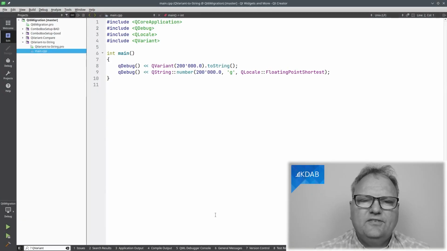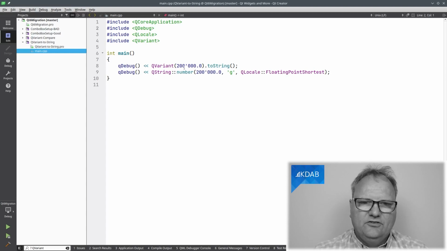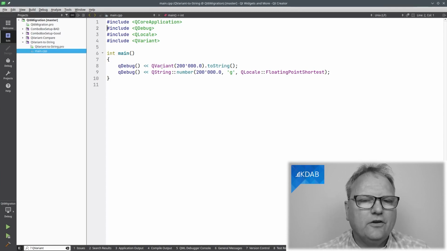What you look at here is now a debug of a QVariant. That's the double number 200,000 with this nice C++14 digit separator. And then this QVariant, I ask it to print out as a string. Now the question is, what will it print out? And actually we see the same thing down here with a QString::number. That is actually what's going on inside the variant. I did a lot of debugging to figure out why I saw a difference, and it led to this special function here having changed.